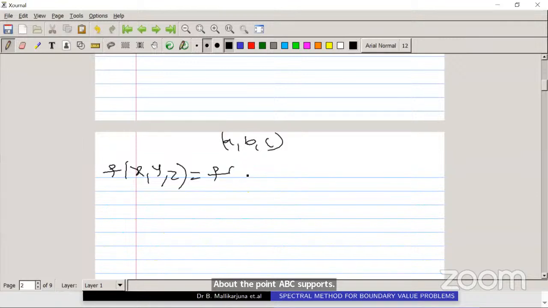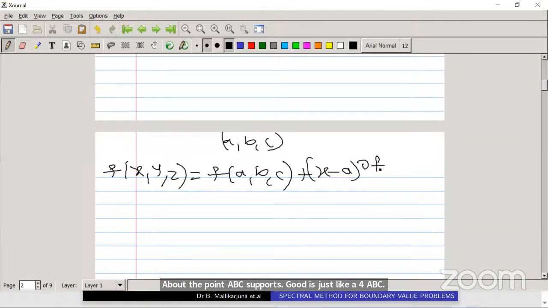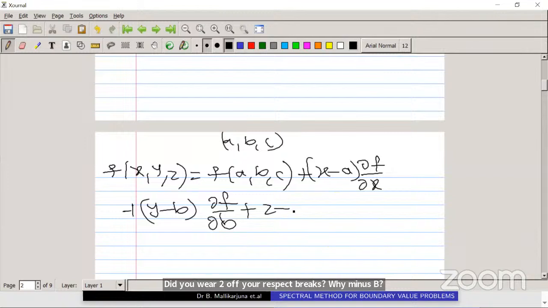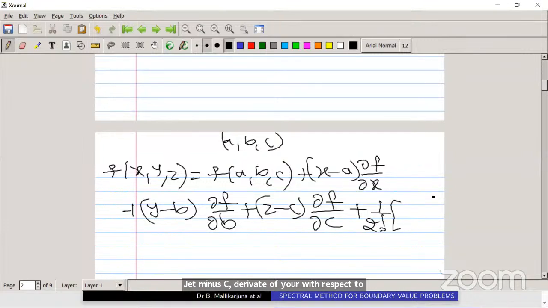It is just like f of (a, b, c) plus (x minus a) into the derivative of f with respect to x, (y minus b) into the derivative of f with respect to y, (z minus c) into the derivative of f with respect to z, plus 1 by 2 factorial second order, 1 by 3 factorial third order, plus